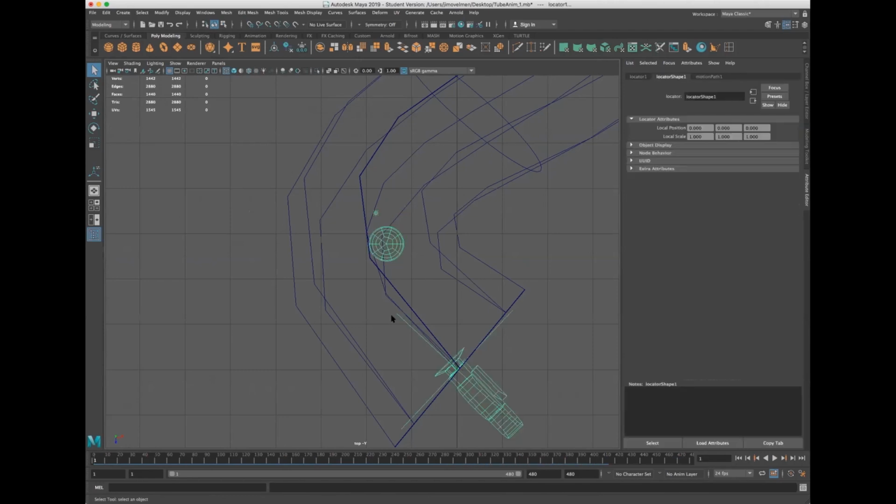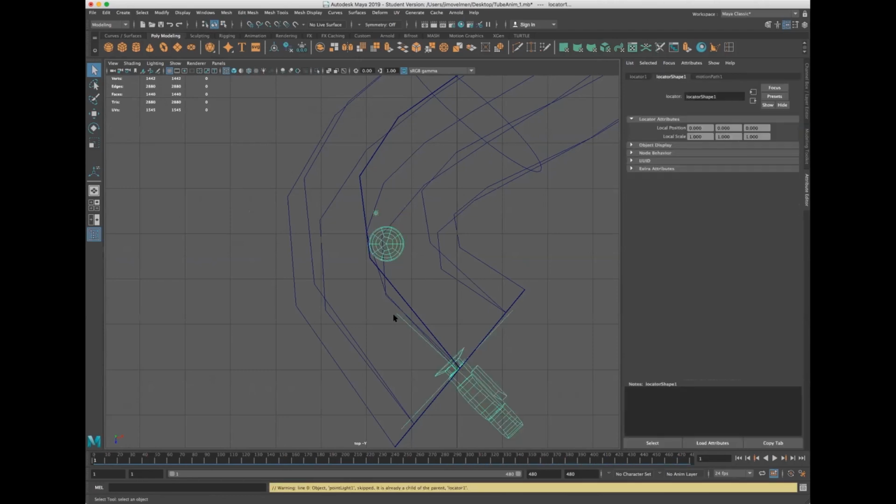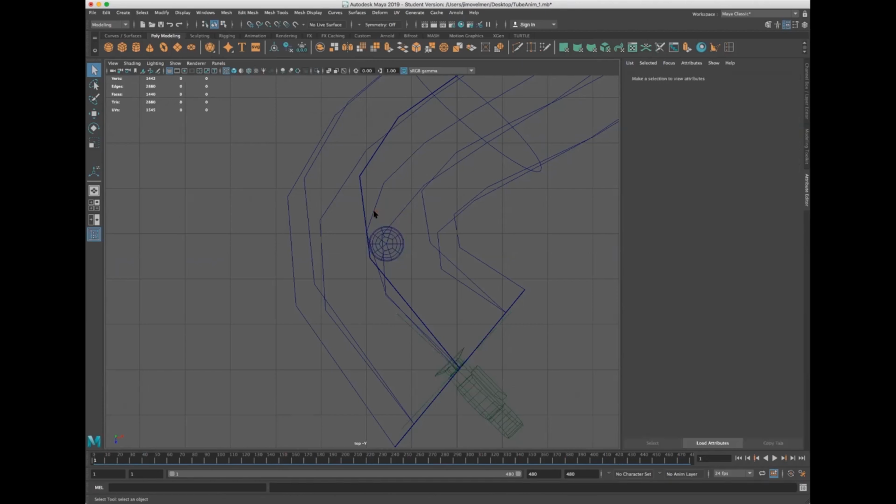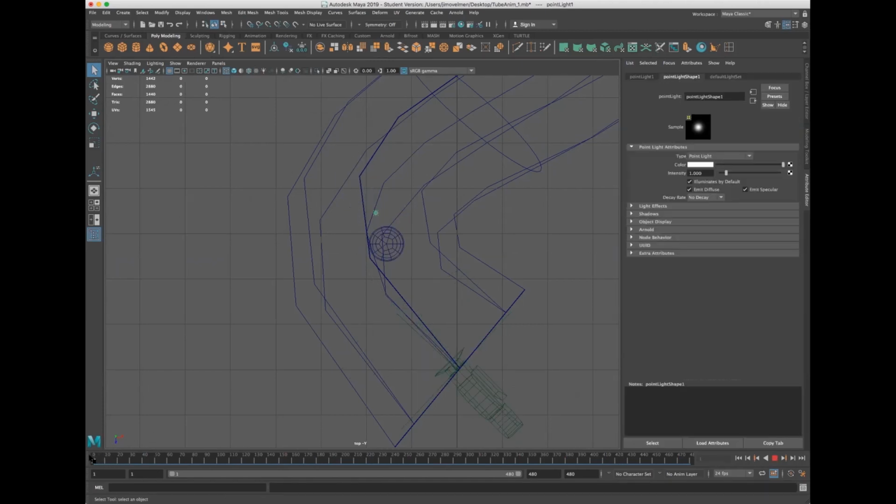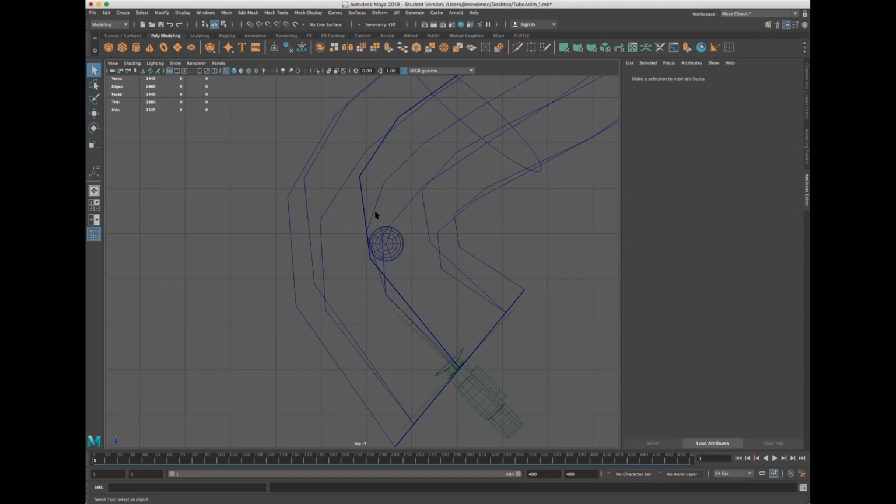And it's giving me an error, but it shouldn't give me an error. It says, is already child of the parent. Oh, really? Okay, I already parented it. Sorry about that. All right, so now